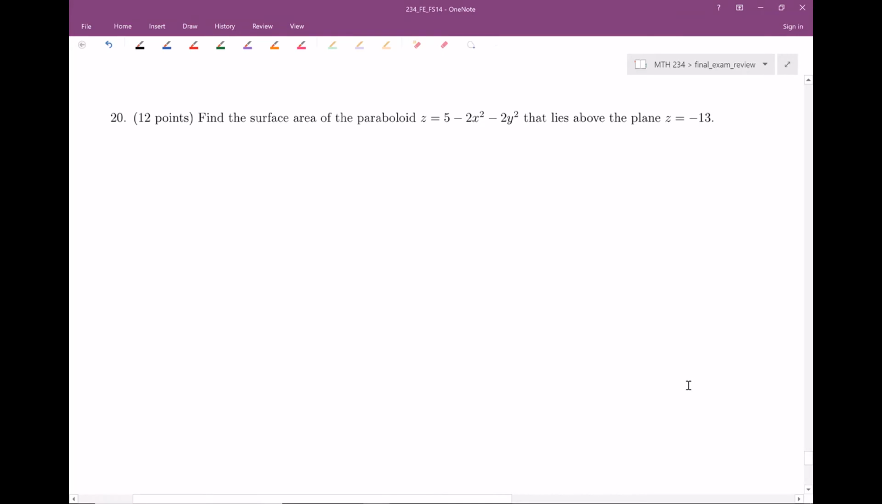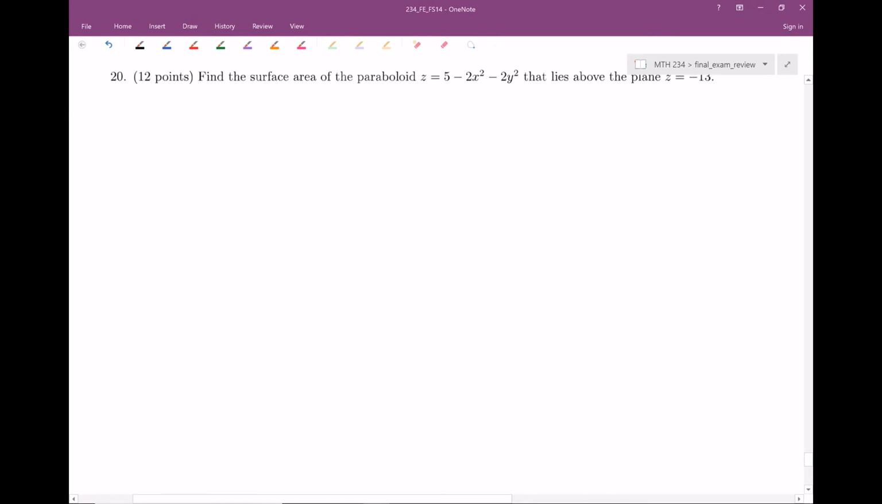All right, welcome everyone to the final exam for the fall semester 2014 here in Math 234. In this problem, we're going to try to find the surface area of a nice paraboloid that lies above the